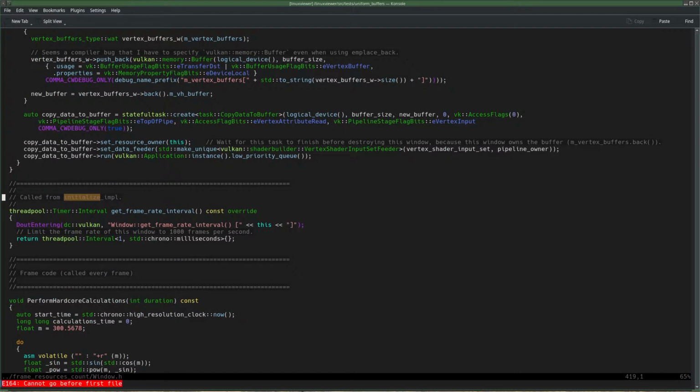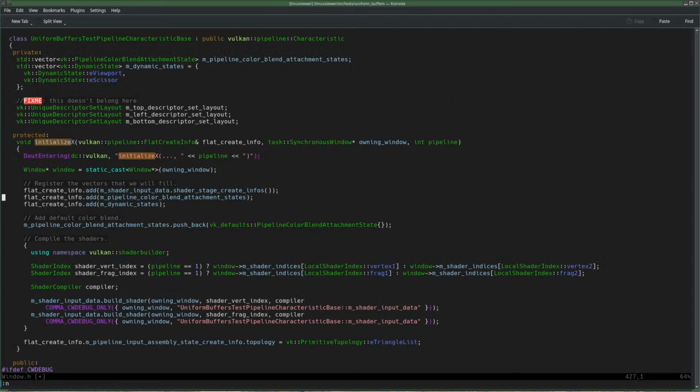I lost it. That was not what I wanted. Okay, shaders are compiled. This one is very small. That's what I want. It's doing nothing.